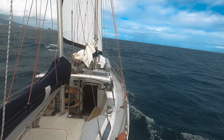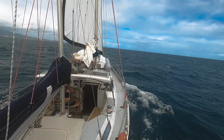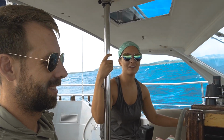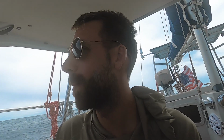That's like 18, 20 knots apparent right behind us. Super good wind. What did you think about the sails so far? It's okay. I think I'm just a little apprehensive today. I don't know why. We haven't had anything over 20 knots in a while. Yeah, and we've been sitting at anchor for like 2 or 3 weeks. We've done short little couple mile day sails, but...